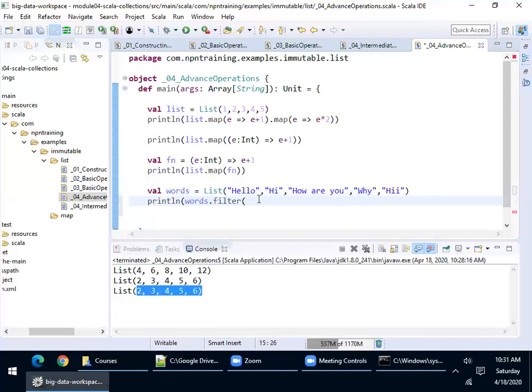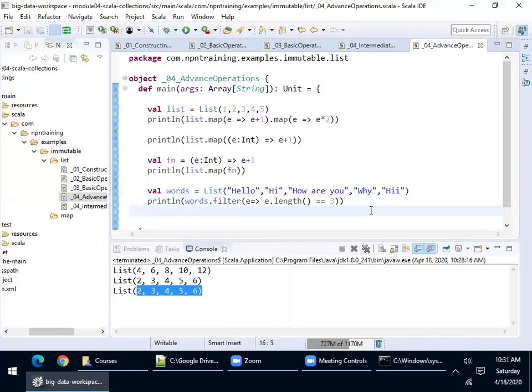For example, can you see this? Please observe. For the given element, if e.length is equal to 3, then only consider it. If this condition is satisfied, then only it will print.